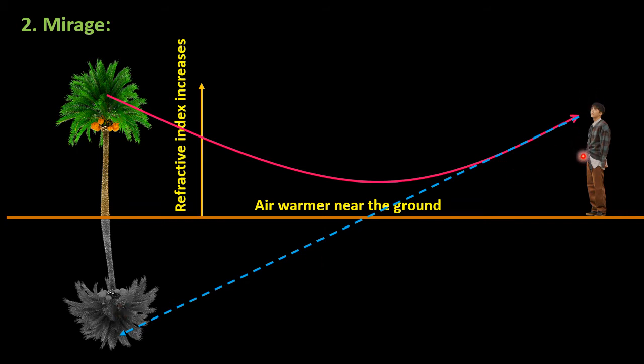So he thinks that there is some water because there is an image, as the image would be reflected on the surface of water. Although there is no water, due to the refraction of light he thinks that, as the image of the tree is here on the ground, there is some water on the ground. This is what we call the optical illusion.